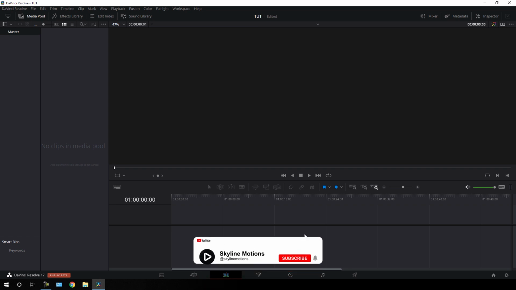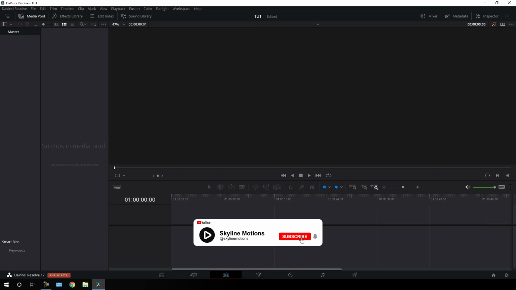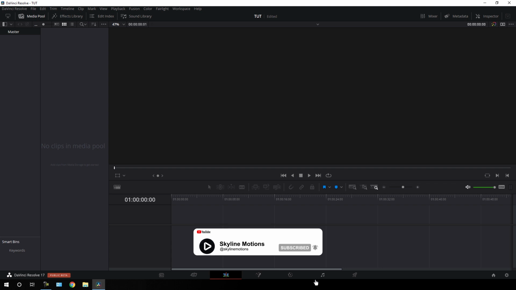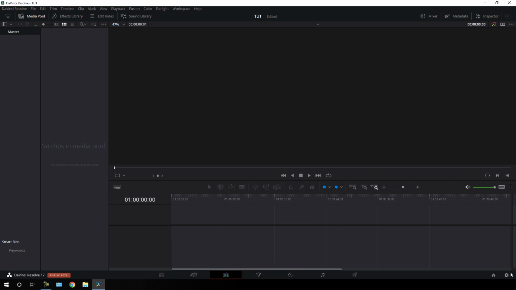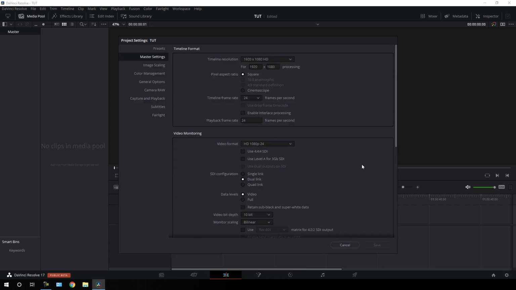Alright, so here we are in DaVinci Resolve 17 edit page, and before we get started we have to do some basic settings. So click on this settings button right over here and set the size of this project 1920 by 1080. You can go with 4K as well, and here we have to select a frame rate. In this case I am using 30 frames per second, which is a normal frame rate, but if you want a smooth animation then you can go with 60 frames per second, and click on save.